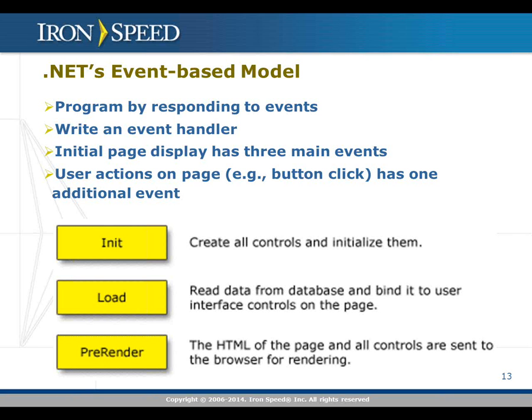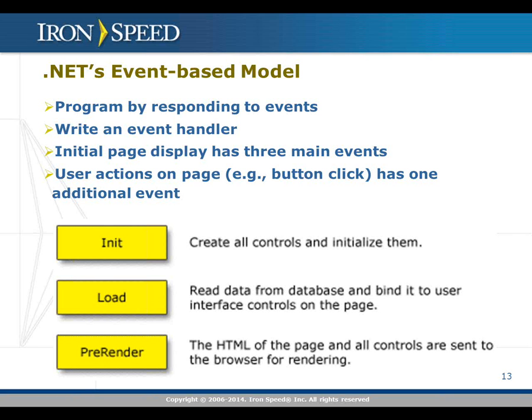Load has the job of getting the data from the database or data source and binding that to the user interface controls. Right? So a select statement gets the data, it pulls that into an object, and that object needs to be painted onto the screen so that the first name field ends up on the first name label on the screen. And then once all the data is loaded, it's pretty much ready to go, and then a pre-render event is